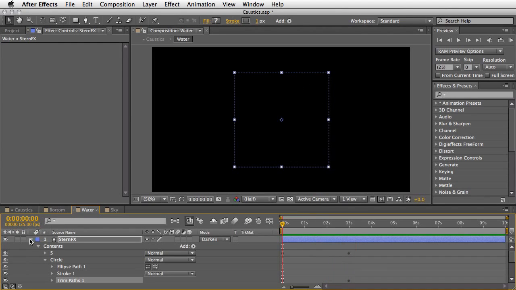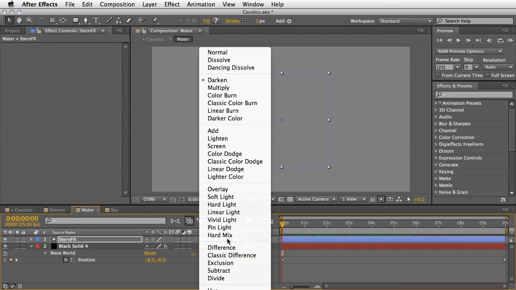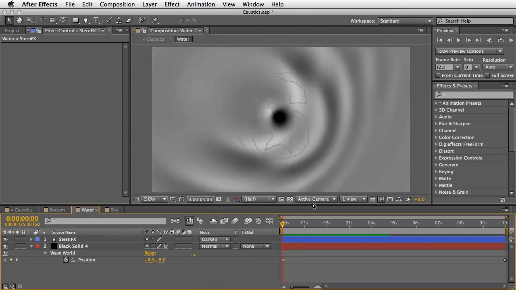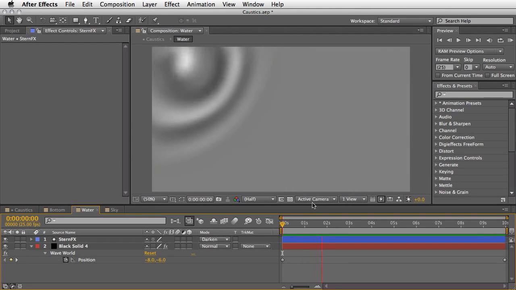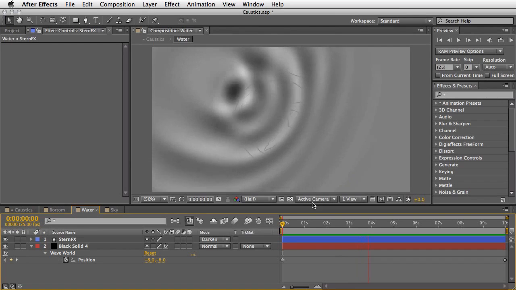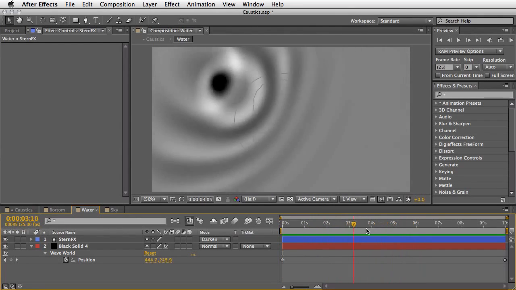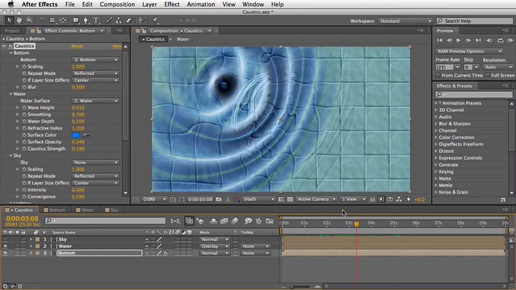Okay, now remember, this is on top of our wave world effect, and I've already changed the blending mode of the logo to use the darken mode. So this means that if we play it together, we can sometimes see it and sometimes not, due to the mixture between the colors, the gray colors. As before, this by itself doesn't look so impressive, but when we plug it into our caustics effect,